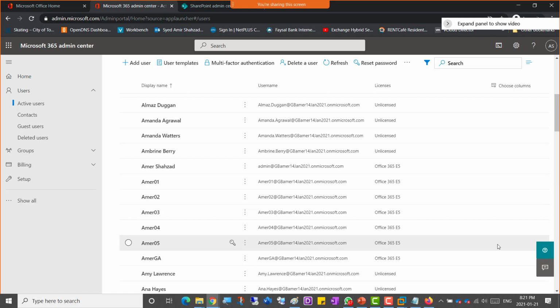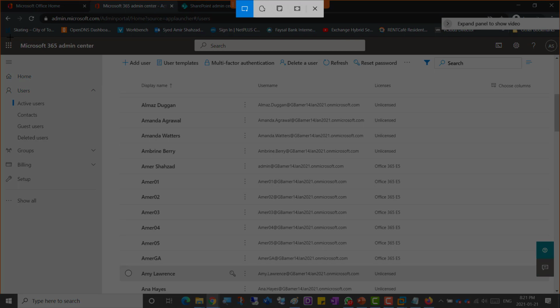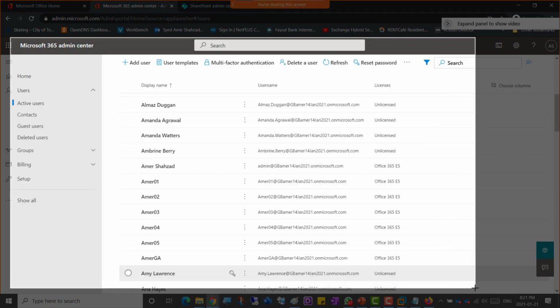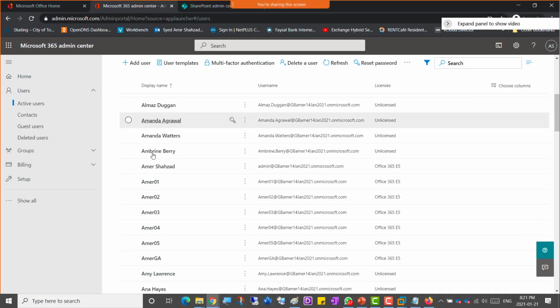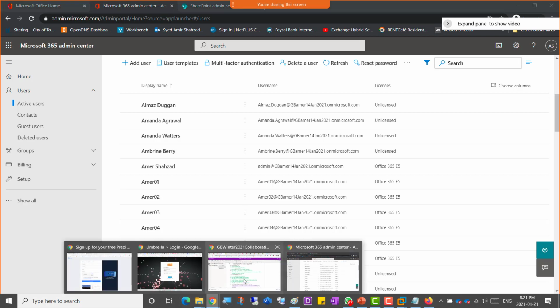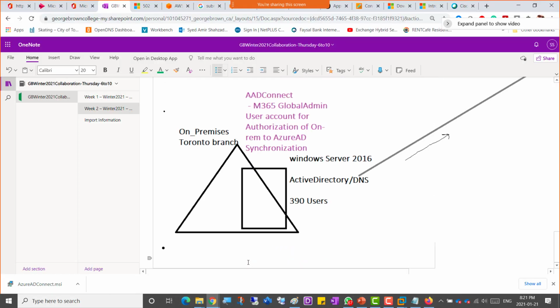Screenshot number 2, users created. So screenshot number 2, users created, or maybe 3, I guess. Yeah, it's screenshot number 3. So screenshot number 3 would be users created. If you had 390 users, you can take a picture of any section, and those who don't have can take this picture. So I'll just go ahead and simply put that screenshot